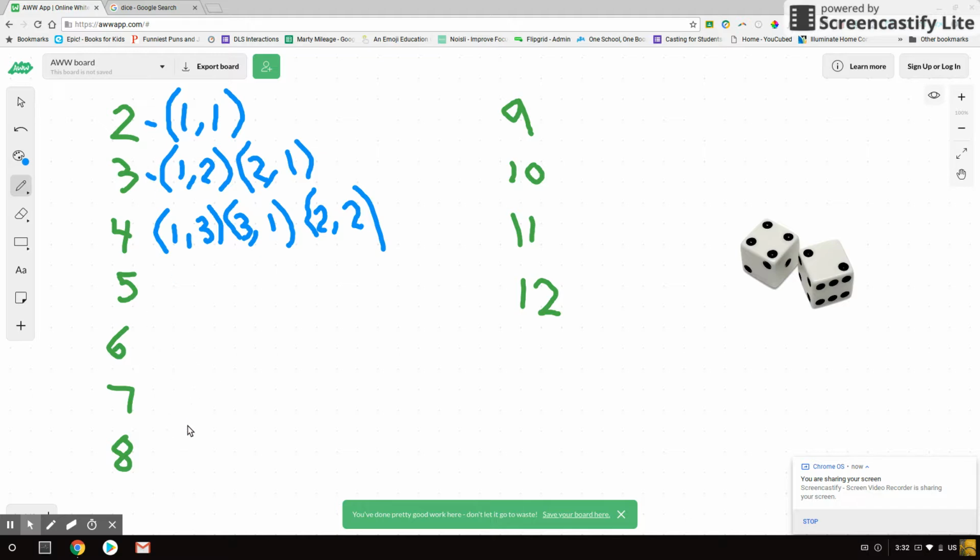I want you to figure out the rest of this, and then you're going to fill out a chart telling me the probability of every single number. You won't know that probability until you figure out how many different outcomes there are. Remember, it is the desired outcome, the part, over the total, when you're dealing with probability. So this is your first task. Go and see if you can tell me the probability of rolling each of these numbers.